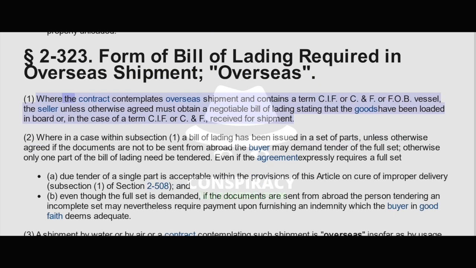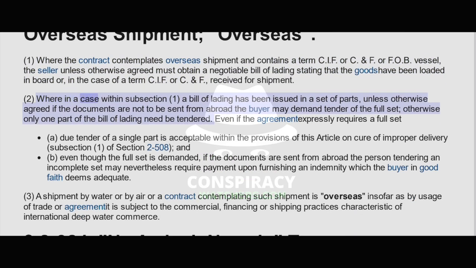Overseas, where the contract contemplates overseas shipment and contains a term CIF or C&F or FOB vessel, the seller, unless otherwise agreed, must obtain a negotiable bill of lading stating that the goods have been loaded on board or, in the case of a term CIF or C&F, received for shipment. Where in a case within subsection (a) a bill of lading has been issued in a set of parts, unless otherwise agreed,